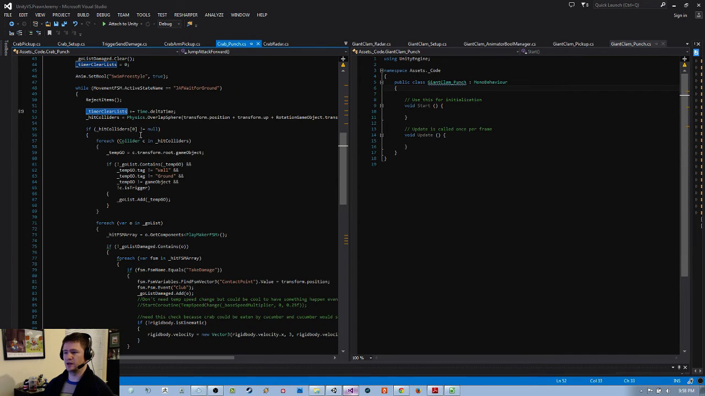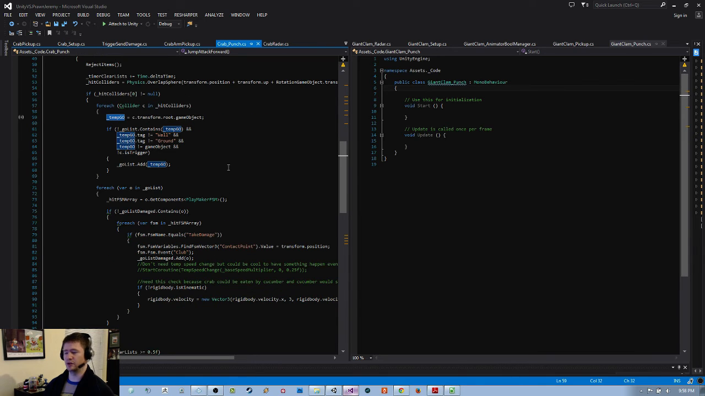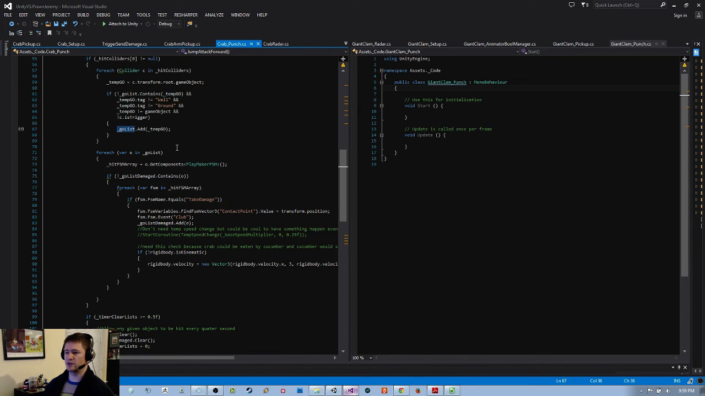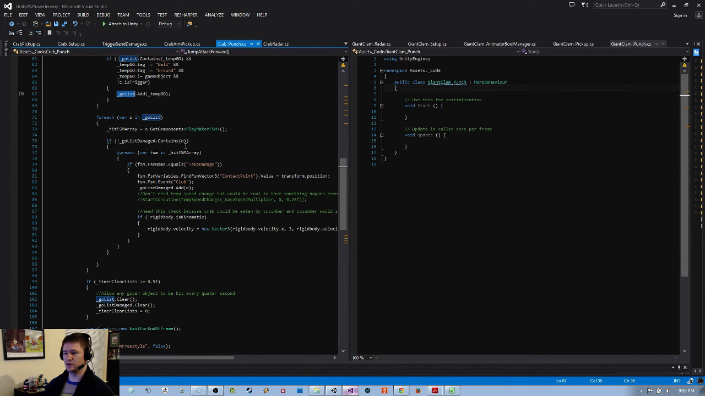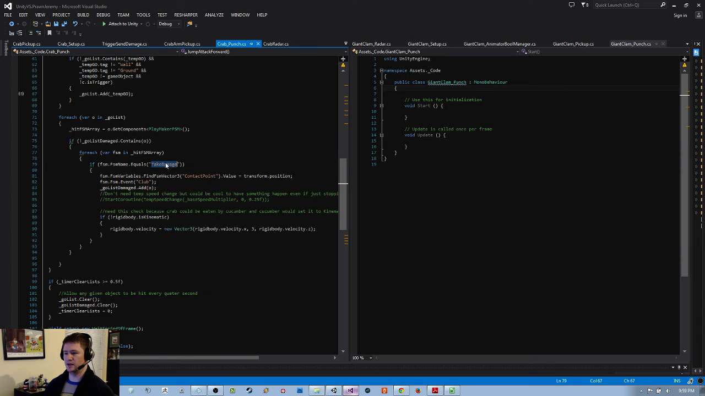And I get the hit colliders with an overlap sphere. Then I just iterate through the colliders, assigning each to a temp game object, and I do some tests on it to make sure it's not the wall, it's not a ground, it's not a trigger. I don't want to be throwing damage at triggers. And if it passes all the tests, it gets added to the game object list. At which point I get its FSMs. I look for a take damage FSM, and I send it the contact point at which I hit it and the event that I want it to register. So in the crab punch case, I want to register the club event,